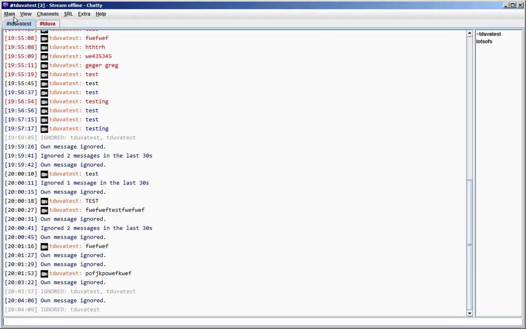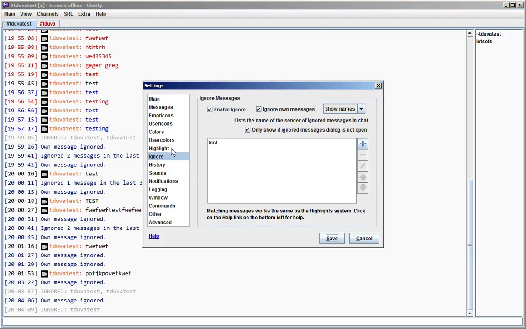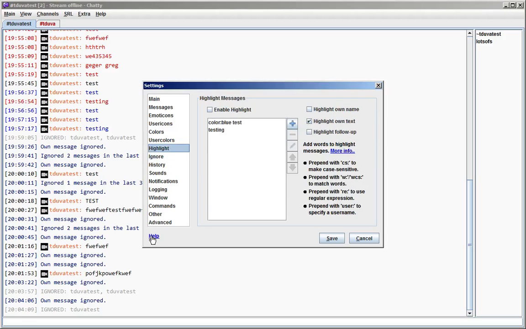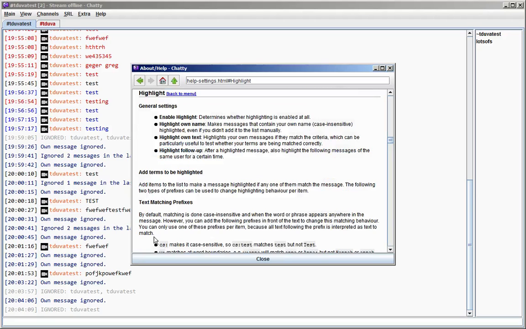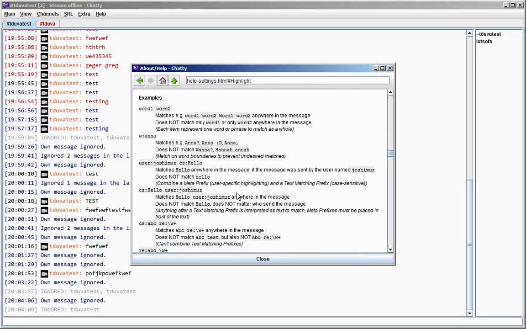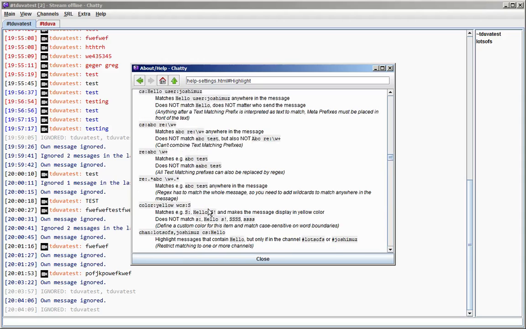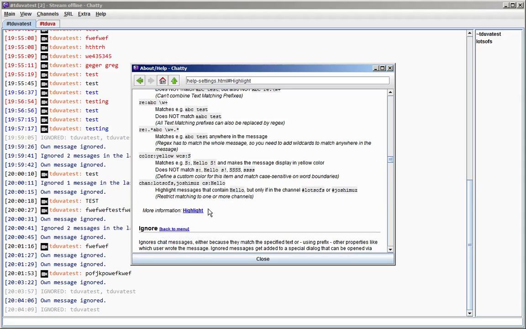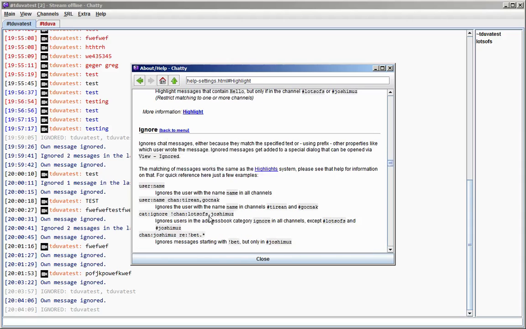Okay, so that's basically it for the ignore system and the highlight system. Of course, as always, if you need any help, there's the help button down here, and you should definitely read through this. There's also a lot of examples with what it does and stuff like that. So that's certainly pretty informative, I think. Well, I hope so at least.